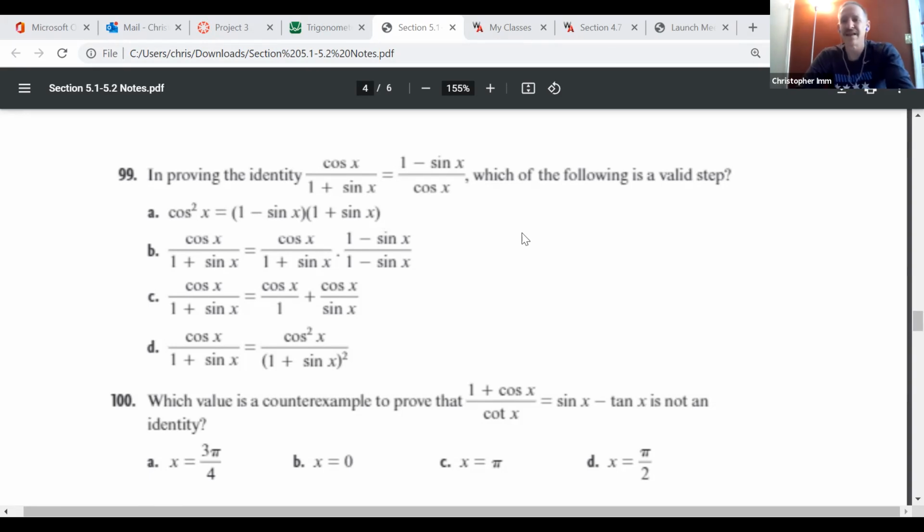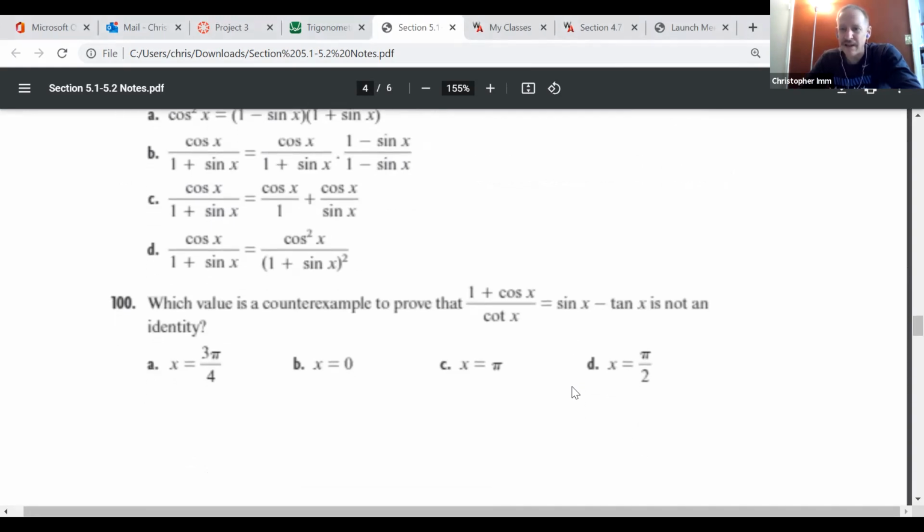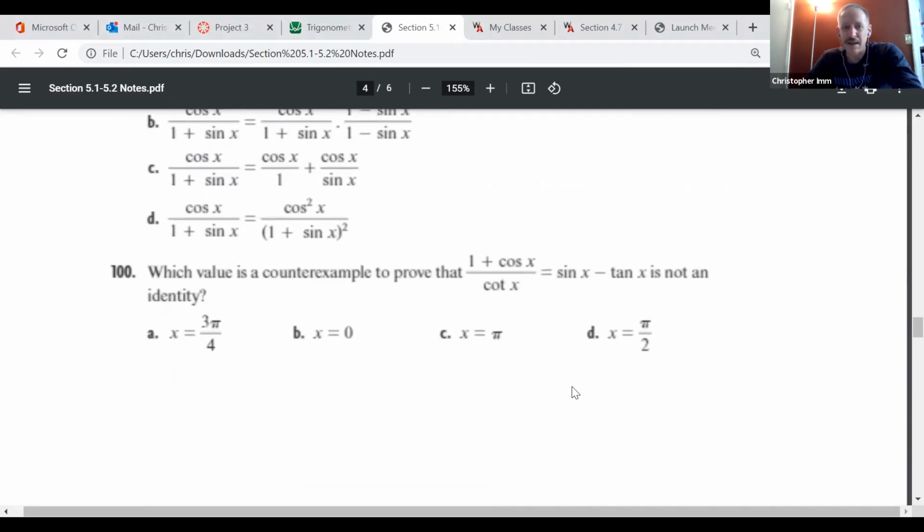Okay. The last one I just wanted to show you is, sometimes identities don't totally work, or you have to make sure that it's really an identity. So there might be a value of x that you can plug in here that would make the supposed identity not true all the time. One way we can think about this is by graphing it. I don't think I want to graph this one here, so I'll skip that for now. But there is one value here that makes this not